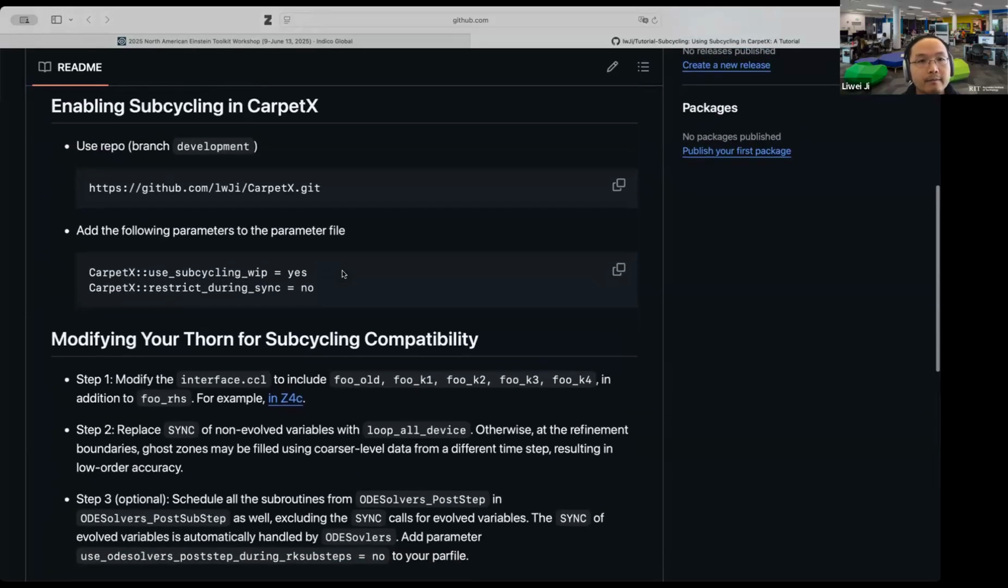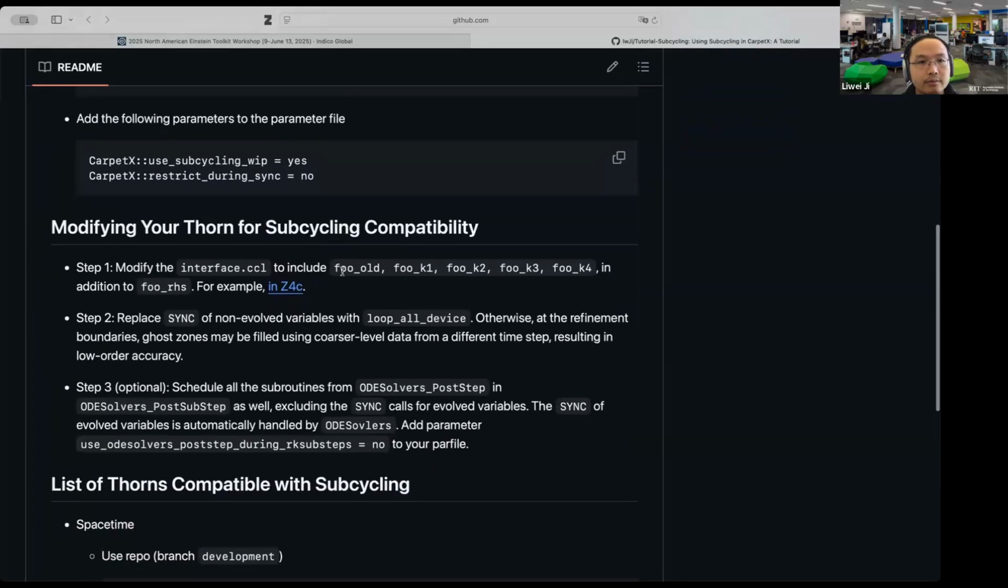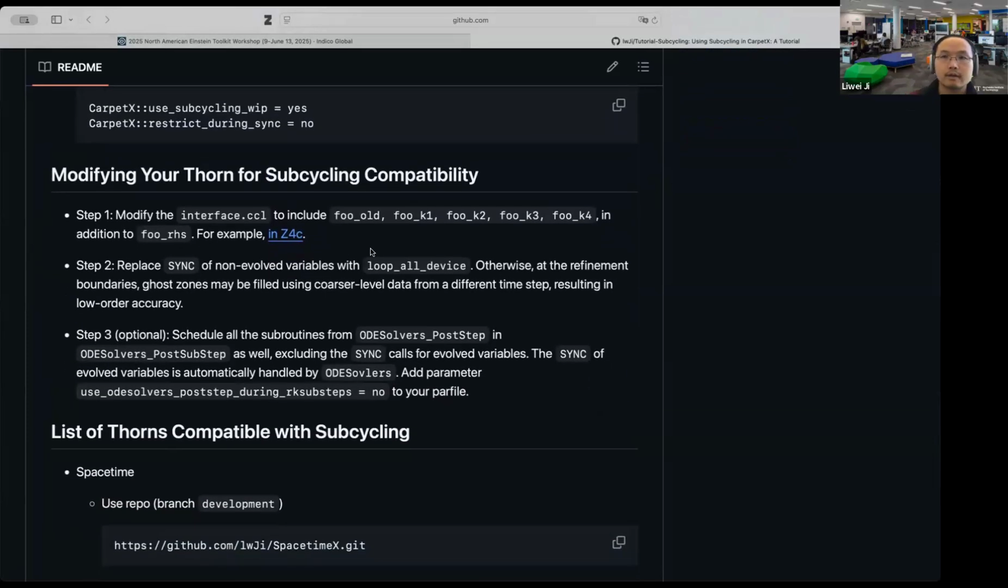So that's the first thing. The next thing, in order to modify your own thorn to use subcycling, the first thing you need to do is to add a lot more grid functions. So suppose in your thorn, you already have a right-hand side grid function. We store the right-hand side calculation of your simulation. Then you will need to add 5 more